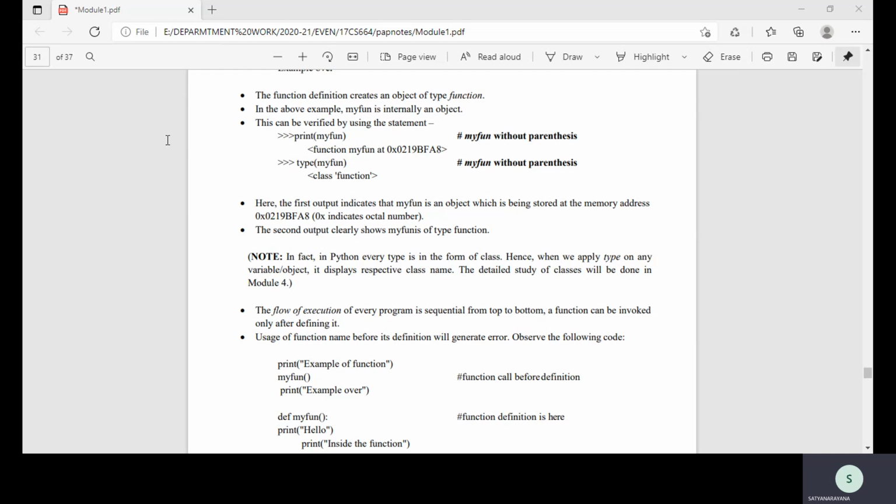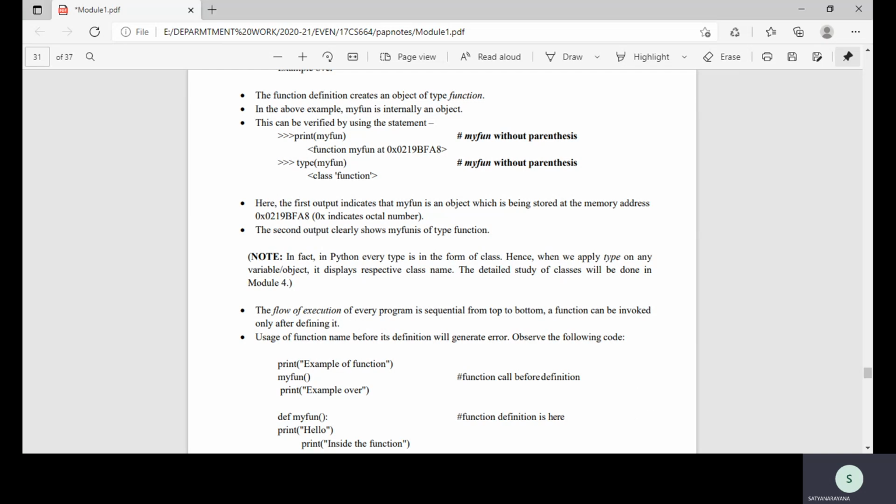Let me try how it is going to work. Add of, actually we need to pass parameters here, so we can also pass it from this side. So what I can do is 10, 20, I'll pass it directly here instead of writing there. Let me pass it here directly and see how it's going to work. Let me just comment it. Anyhow, we have not seen comments. You can see here how to make a comment: if you put a hash, it is a comment. So let us run it. I don't know whether it will execute or not. Let us try it. Yeah, it is executing.